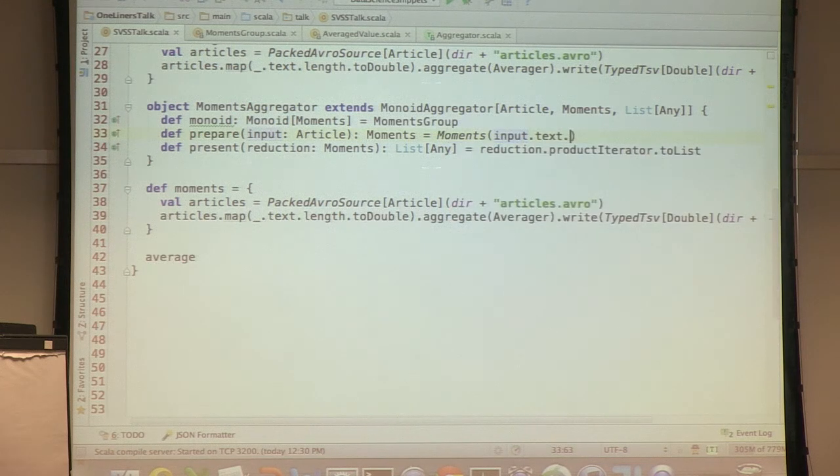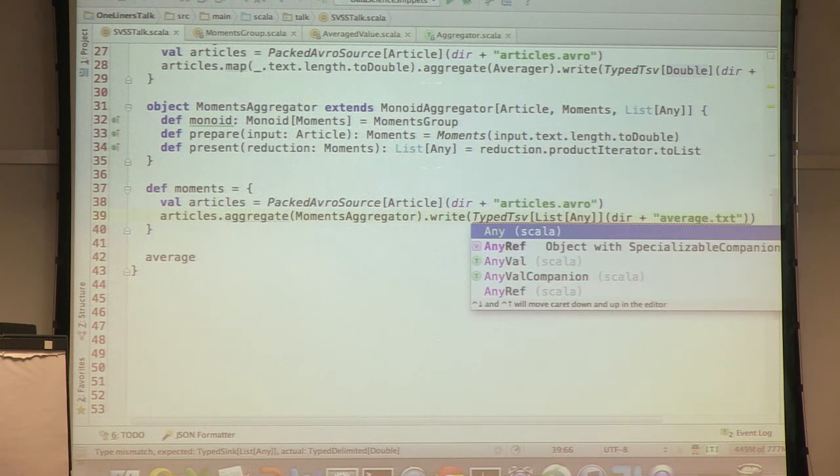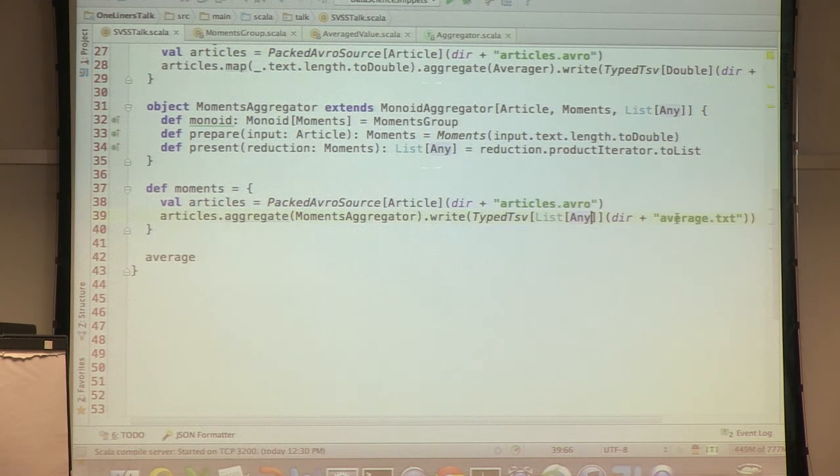So text dot length dot to double. So that's what the prepare stage is for, to get your data in the format it's supposed to be for the reduction stage. And here, instead of the averager, now we have the moments aggregator, and hopefully I haven't made a mistake. And just list of any, and let's call the file moments. Yes, and let's just run this function now.